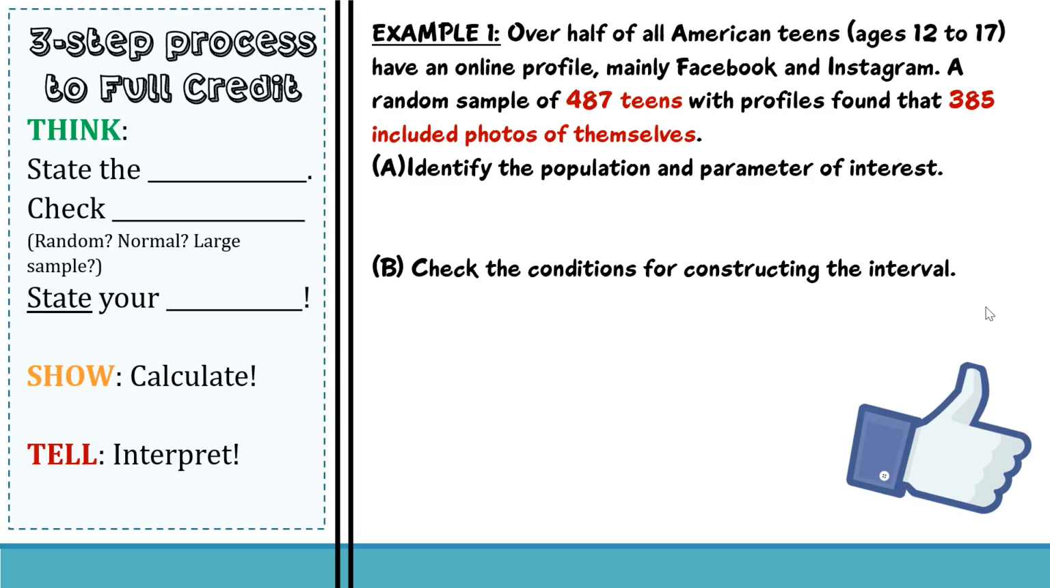So again, three-step process to receive full credit either on an AP stat exam or just in general to be sure that you have thorough work. So every time you need to start by stating the parameters. What are you interested in finding? What is the actual number? What's the goal? And again, you're always going to check